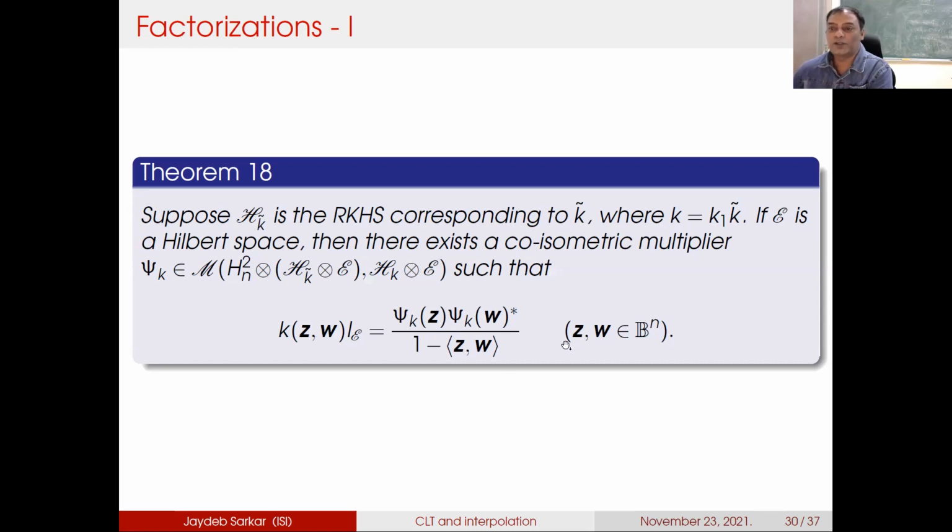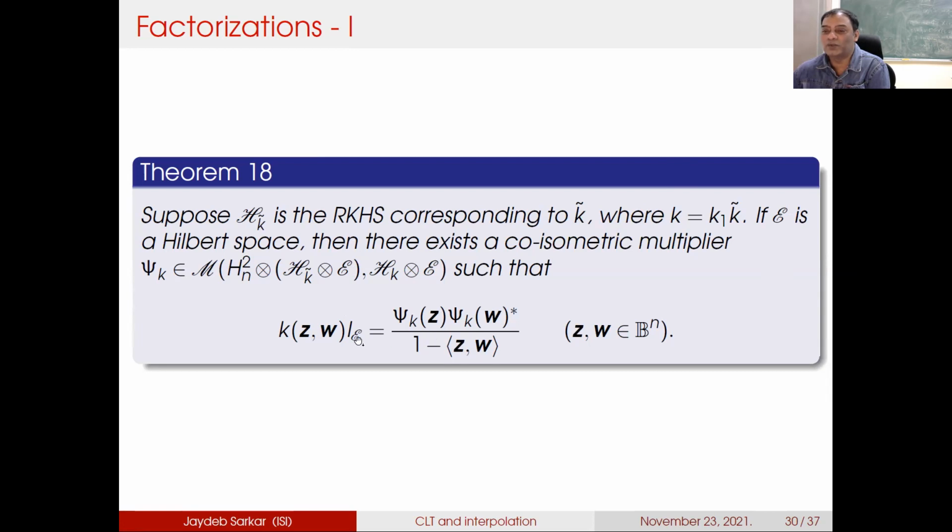Okay. So here is a result, which is factorization. So suppose again, K is a regular kernel. Remember, K factors as K1 times K tilde. So assume this H_K tilde is the reproducing kernel Hilbert space corresponding to K tilde. And then you take a coefficient Hilbert space E. If you have that, then the result says there exists a quasi-symmetric multiplier psi k from H to N, and this you treat as a coefficient space, so H to N tensor a coefficient space, to H_K tensor E,